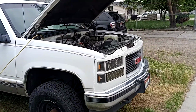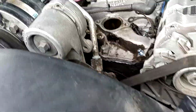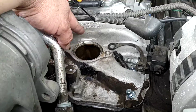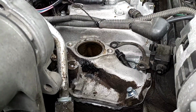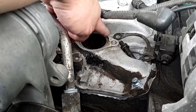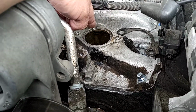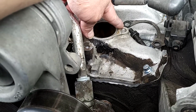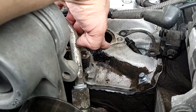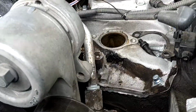So let's go look at this, because what's interesting is when you look up thermostats for this, you're going to get all different types of options. Let's say you go buy a truck and you're doing an intake job. Bottom line is if you have this lip on your intake, there's not supposed to be a gasket around here at all. What it is, it's a rubber gasket. However,